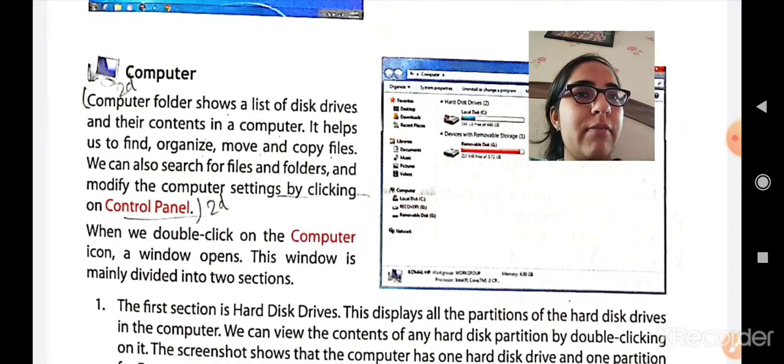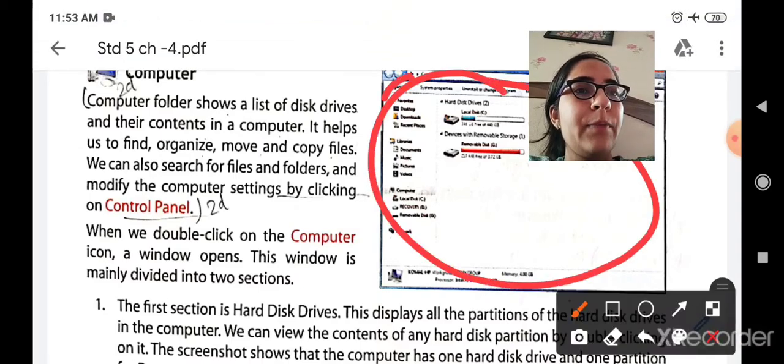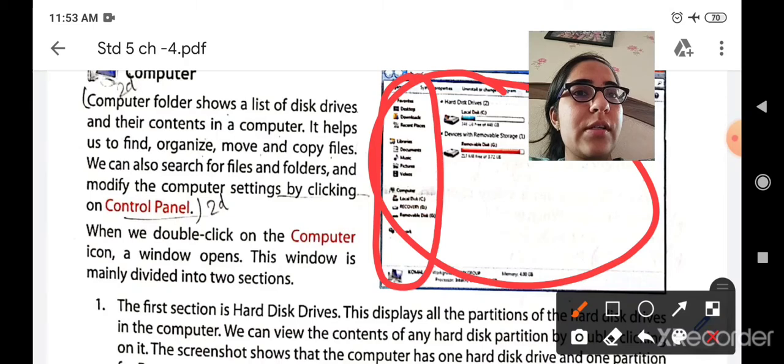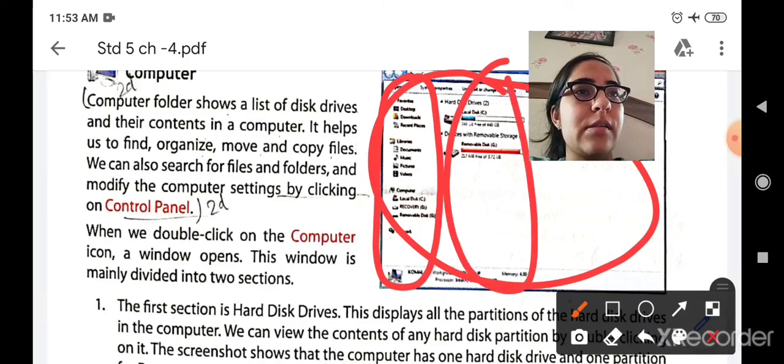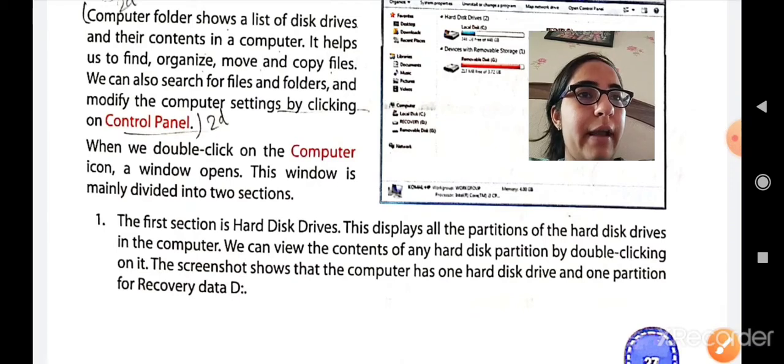When we double click on a computer icon, a window opens. This window is divided into two sections. Okay, so when you double click, this will open. This is the first section and this is the second section. The first section is hard disk drives. This displays all the partitions of the hard disk drives in a computer. One can view the contents of any hard disk partition by double clicking on it.